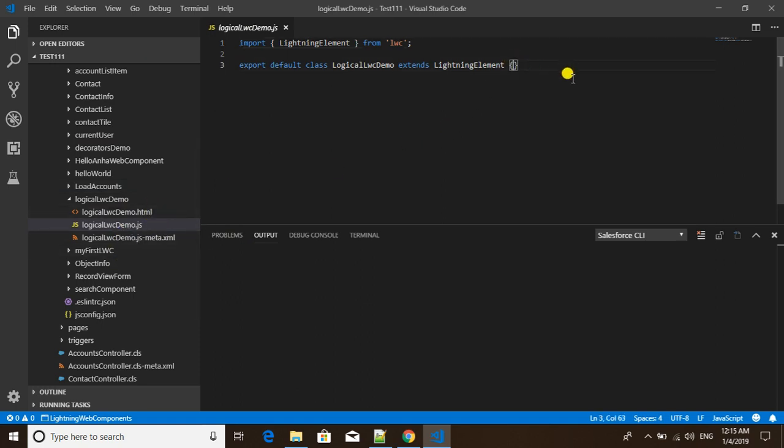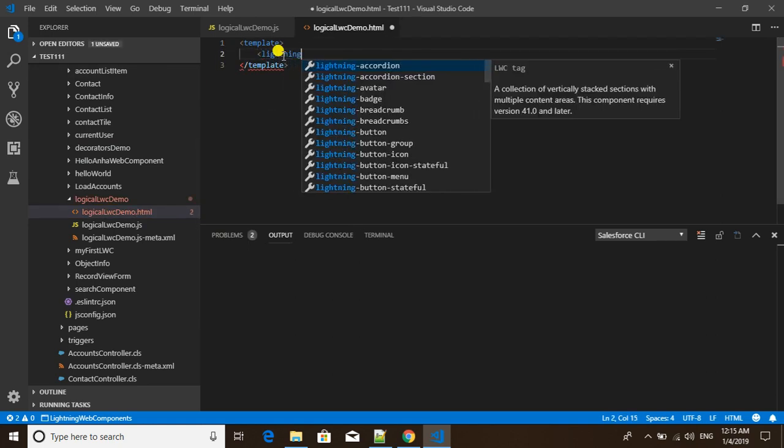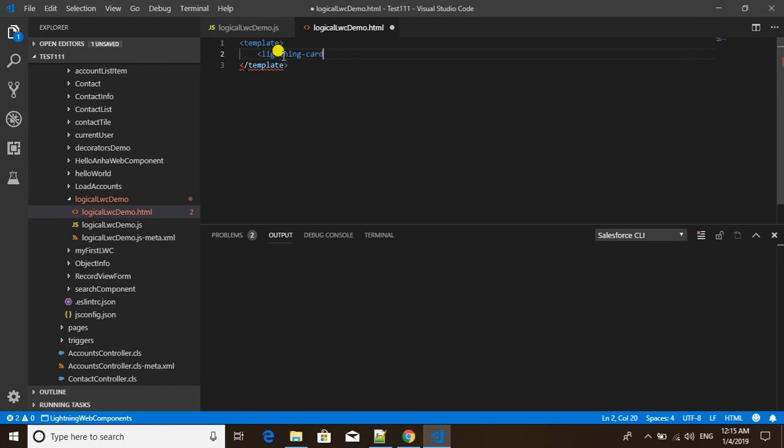Now what we need to do is, as we are already familiar with decorators, I'm going to create a parameter called greeting, and say welcome Amit. And then inside my HTML file, I'm going to create a lightning card. For the title, I can say logical operations,